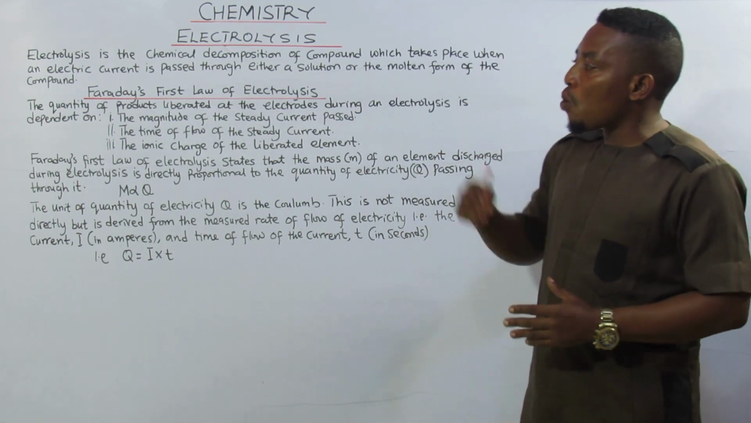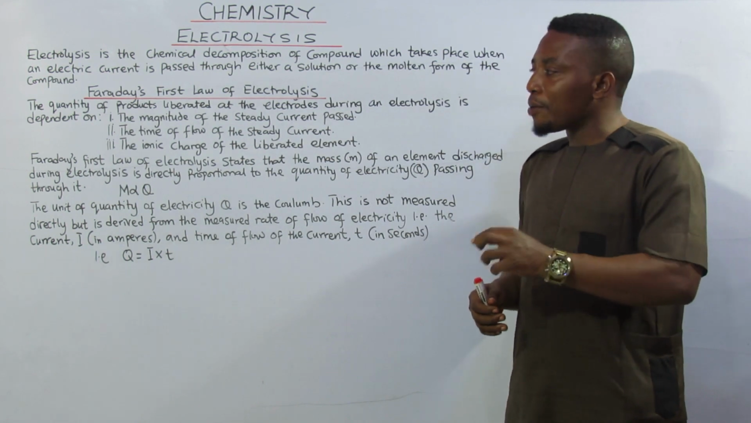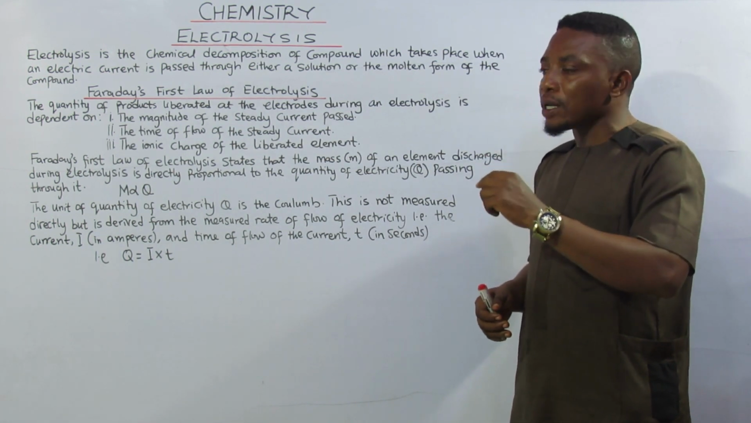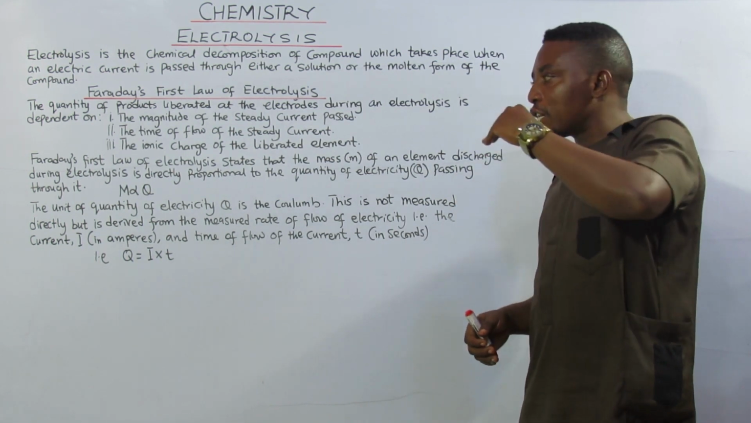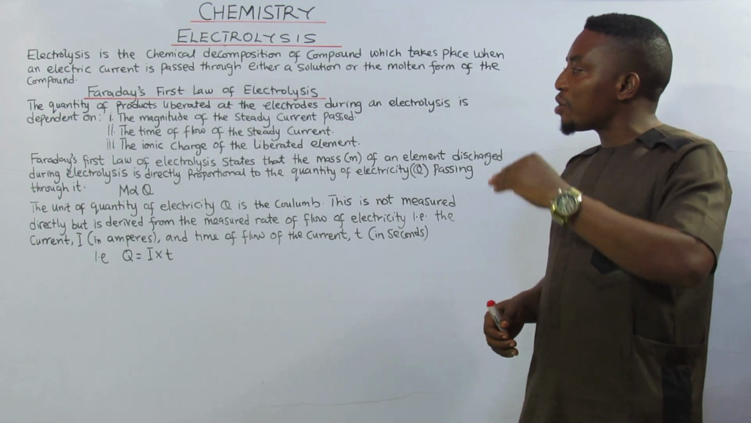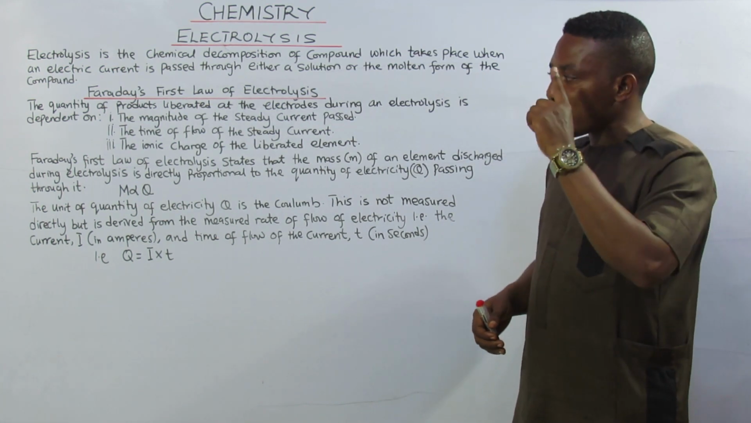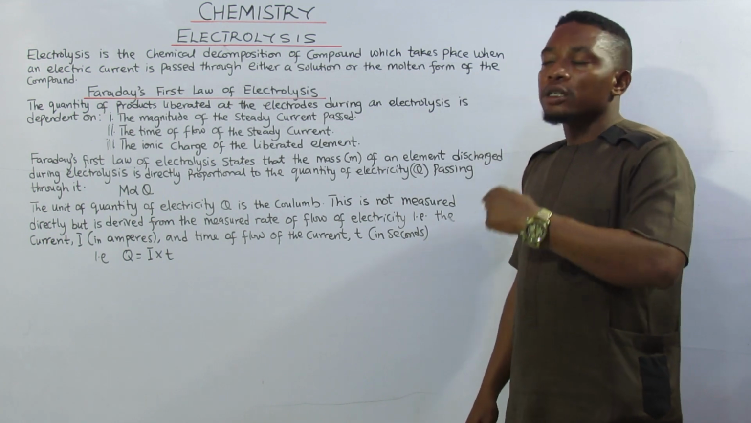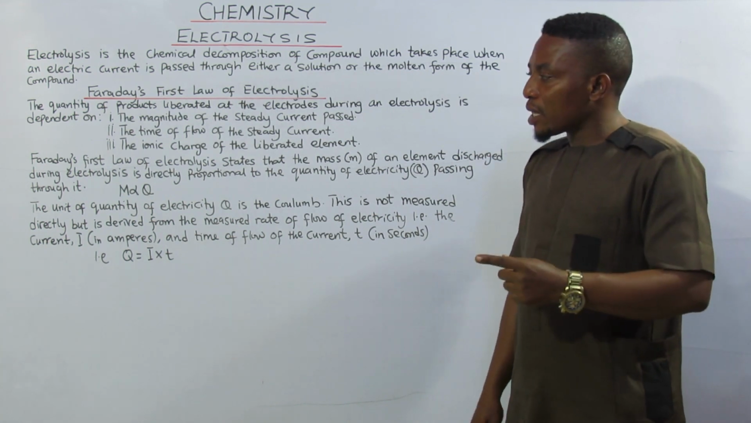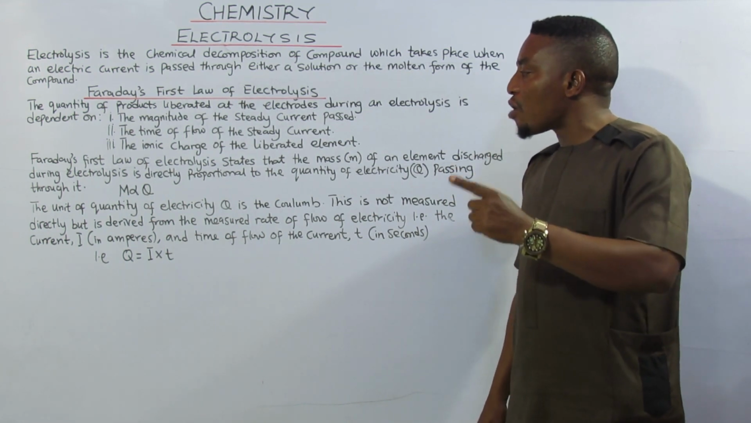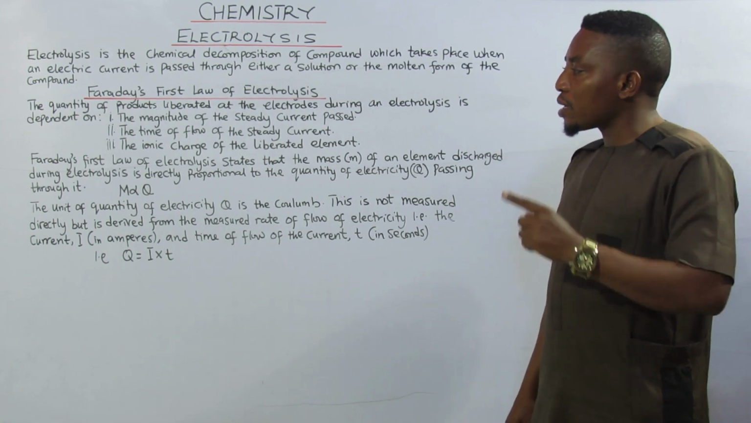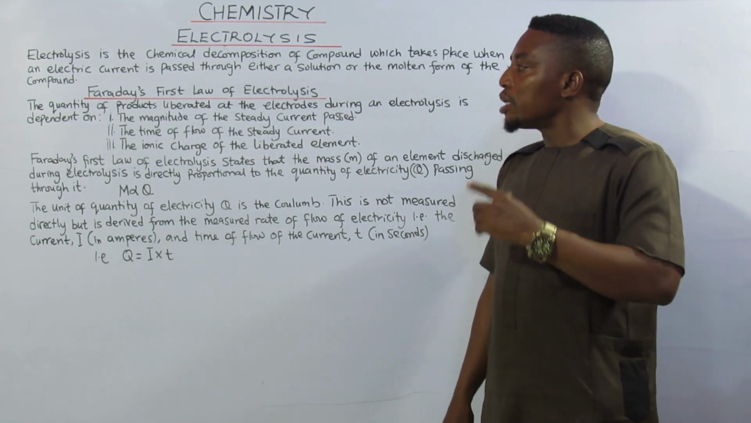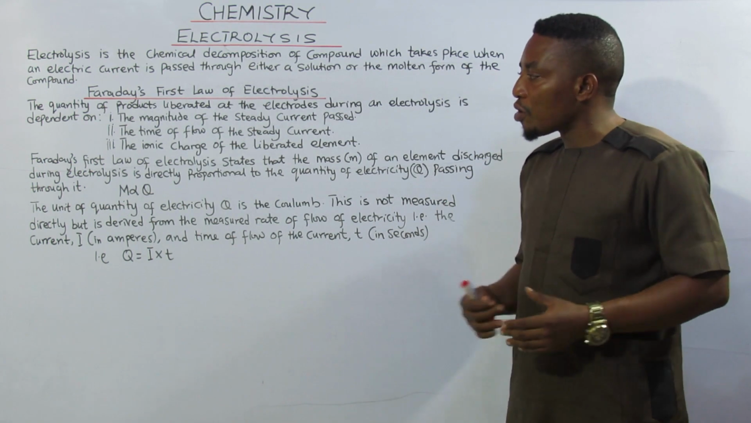He said that one, there must be the magnitude of the steady current. That is the state or the level of the current that passes through it. Secondly, he talked about the time of the flow of steady current. And the third one, he talked about the ionization of